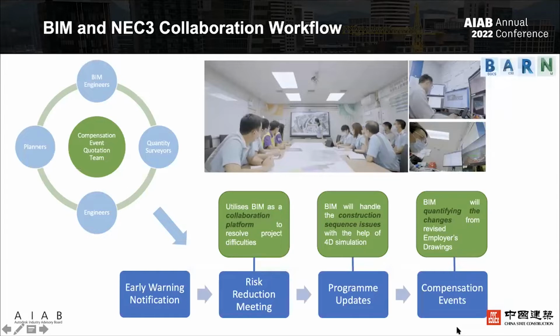BIM and NEC contract share the same concept of cooperation and spirit of mutual trust. In order to enhance communication by establishing an effective BIM workflow for potential dispute resolution, we have set up a project team with an NEC and BIM workflow that is capable of creating and adding value to our project and also the BIM models. We have formed a compensation event quotation team. This team comprises 7 full-time members of BIM engineers, quantity surveyors, engineers, and programmers to facilitate the management of change throughout the course of works. This project team fully utilizes BIM